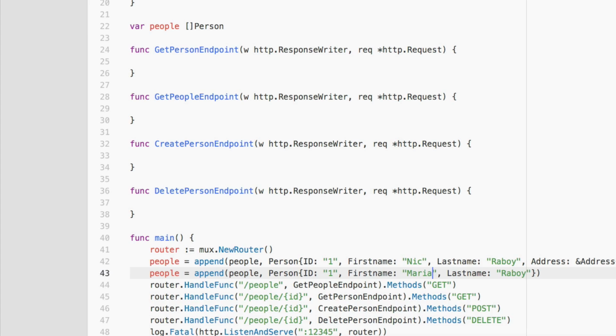So the next thing, let's go ahead and start by creating an endpoint function for getting all people in the database, since this will be by far the easiest. But again, we're not using a database. When I say database, I'm referring to this sample set data that we created. Databases will be in another tutorial. Let's go ahead and say JSON dot new encoder w dot encode